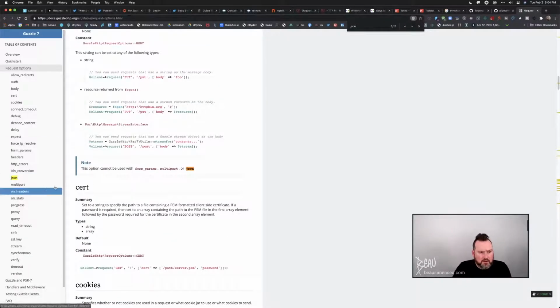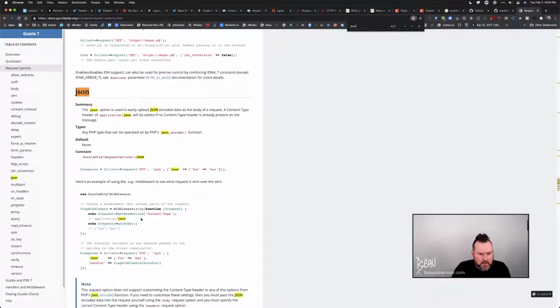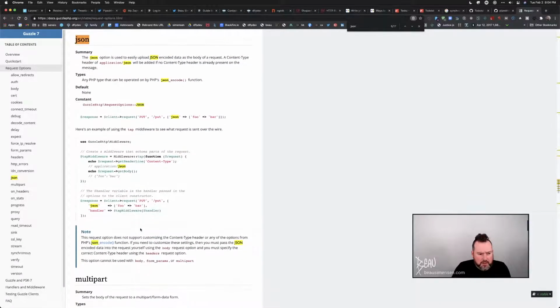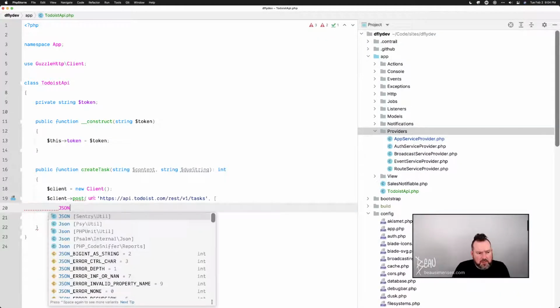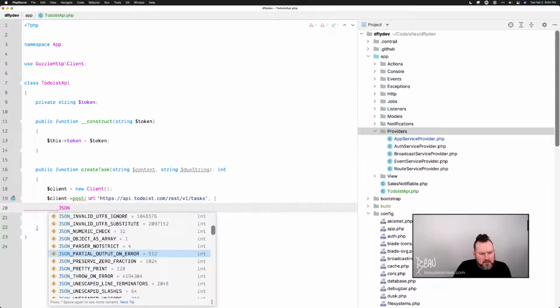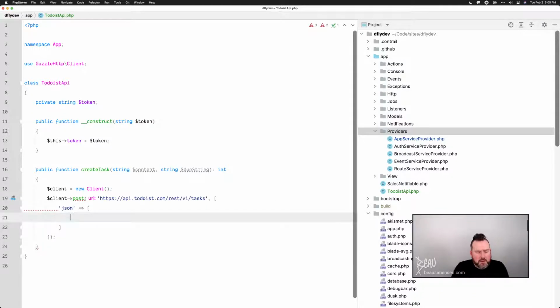JSON. I think there was actually a header for that. JSON. And then the body will be